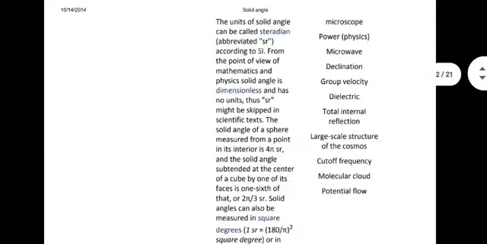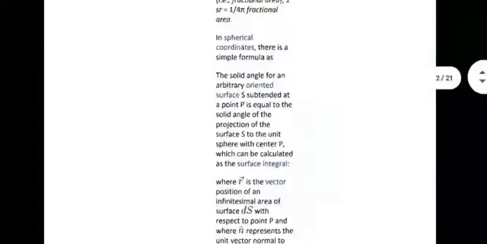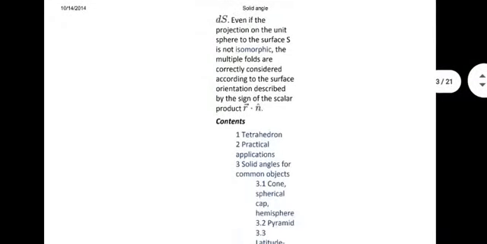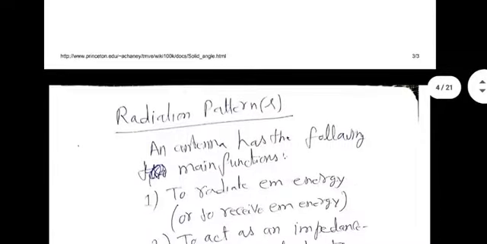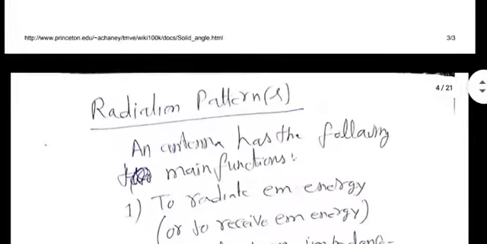Okay. The solid angle subtended by a closed surface is 4 pi steradians. It can be proven rigorously, but we will not do that. We have to get back to antennas with this concept in mind. Okay. There are a lot of things given here, but that's not the issue right now. The important thing is how to use the concept of solid angle to describe the gain of the antenna.